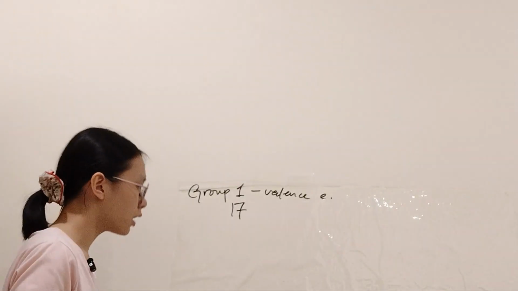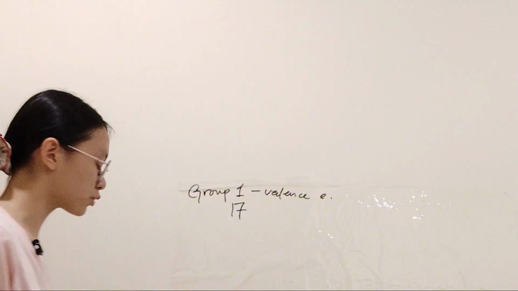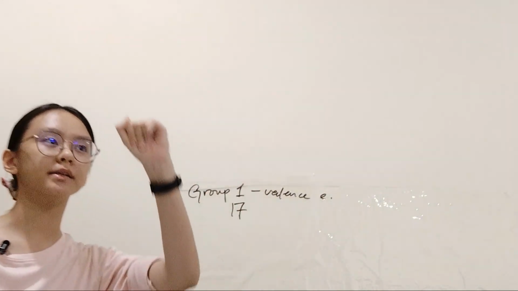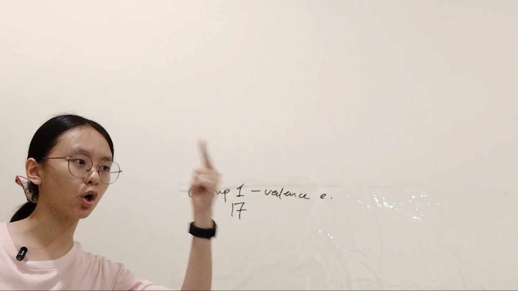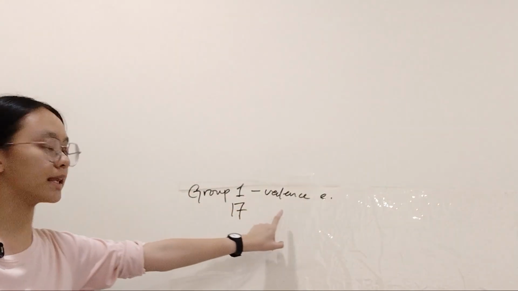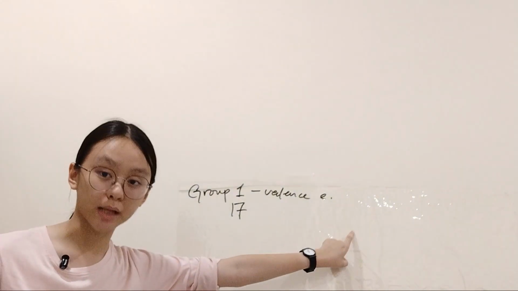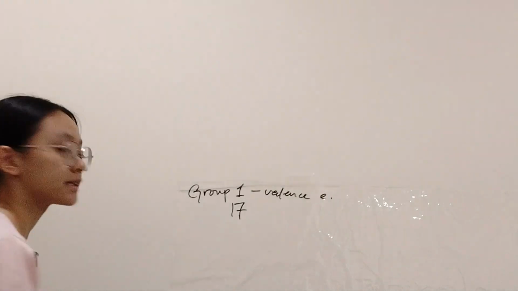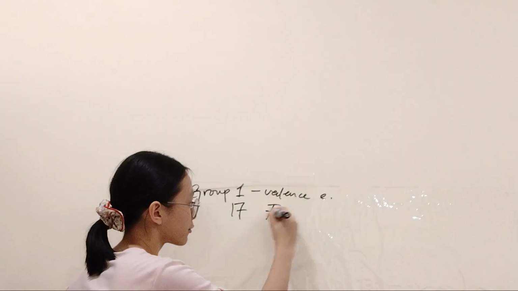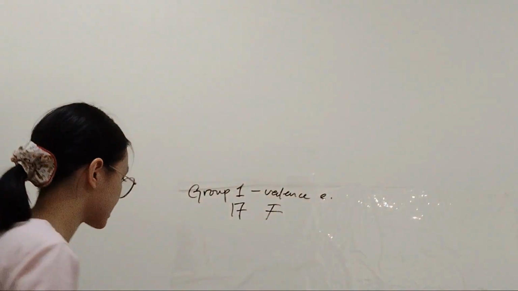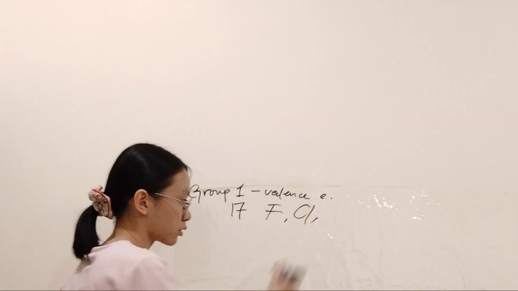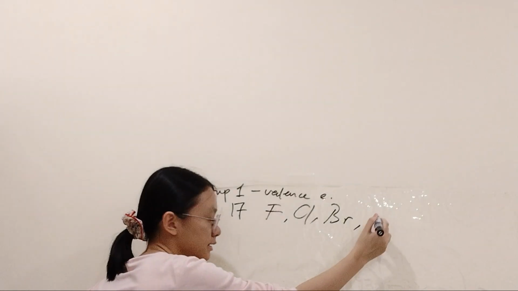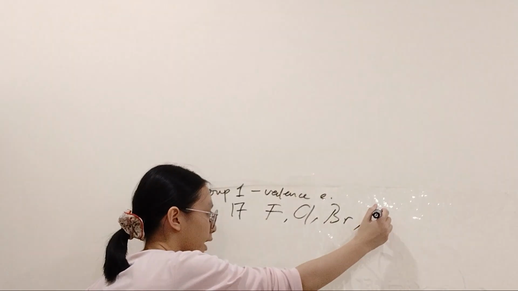Normally for group 1 and group 18, you memorize the first three. For group 18, it is helium, neon, and argon. For group 1, it is lithium, sodium, and potassium. For group 17, however, we should usually memorize the first 4, which are fluorine, chlorine, bromine, and lastly, what's the last one? Lastly, we have